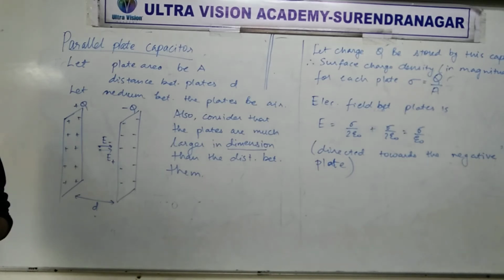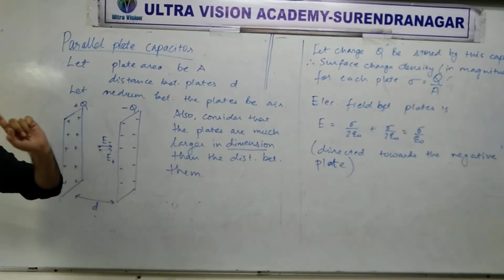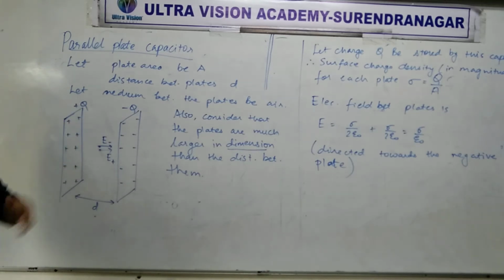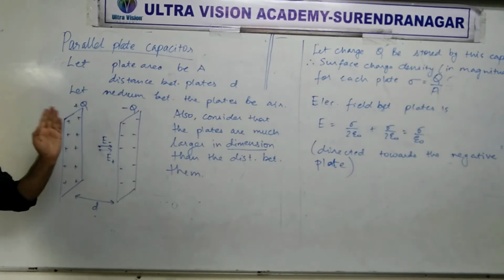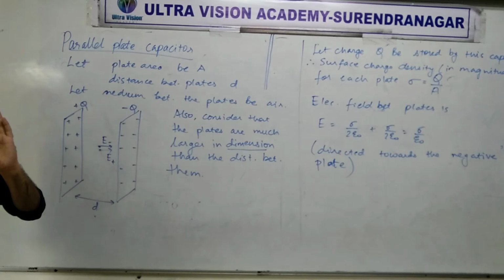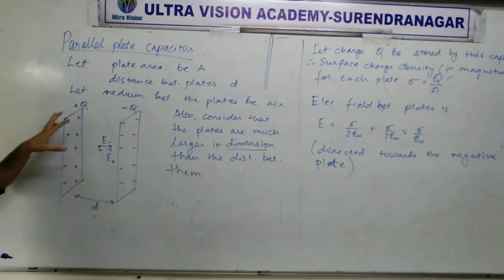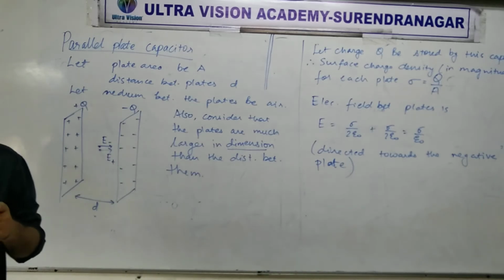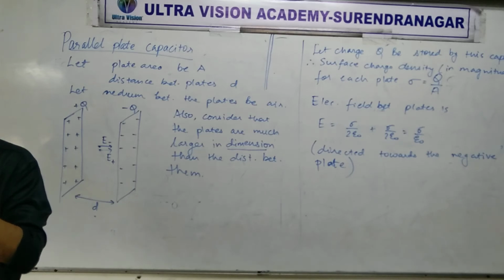Did you understand? We are just one step away now. I hope you are seeing how we are progressing with the plan. We have found the electric field. Now we have to find the potential difference between the positive plate and the negative plate. Because of the sheets, the electric field created is always uniform. Yes or no? Everyone gets that?